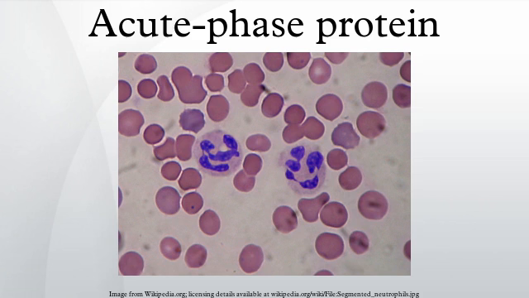Acute-phase proteins are a class of proteins whose plasma concentrations increase or decrease in response to inflammation. This response is called the acute-phase reaction. In response to injury, local inflammatory cells secrete a number of cytokines into the bloodstream, most notable of which are the interleukins IL-1, IL-6 and IL-8, and TNF-α.